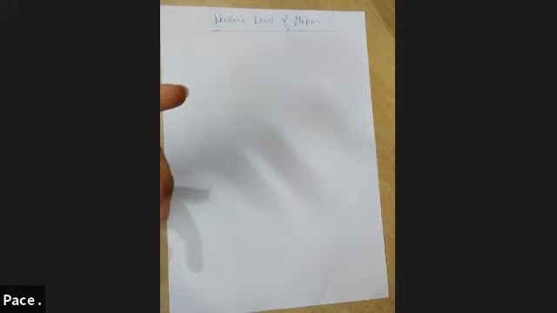So now we are starting a new chapter, Newton's laws of motion. In the previous chapter, kinematics, or motion in 1D and 2D, we were studying the motion of a particle. If we throw a ball vertically upward, first it will go up. Due to acceleration due to gravity, its velocity will keep on decreasing. At some moment it becomes zero, and again it starts falling down. So we were studying the motion.